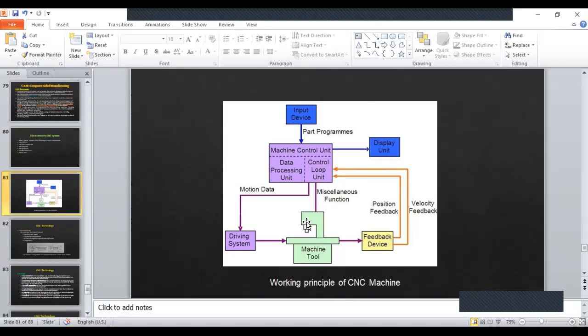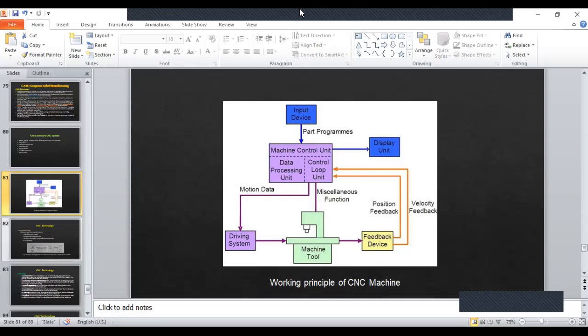For the tool to change, if we are having a tool magazine, a tool magazine is actually a collection of tools, you can say. So different tools will be placed for the CNC machine to pick from. Each tool will have a number, so that counts as miscellaneous. One of the miscellaneous functions is that. So all of that is decided by the control unit.